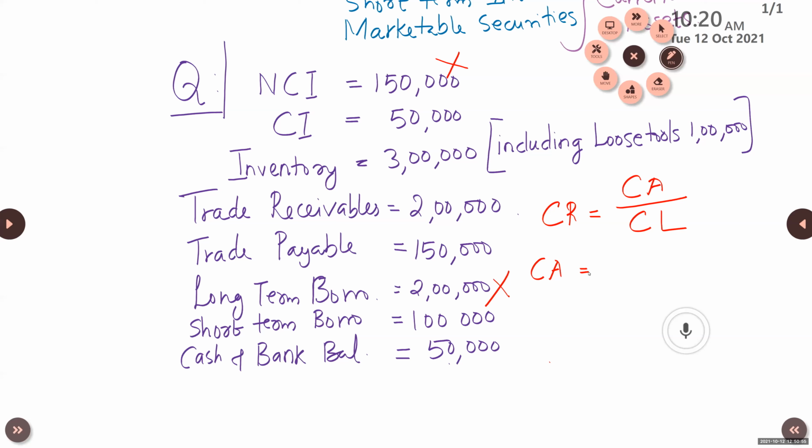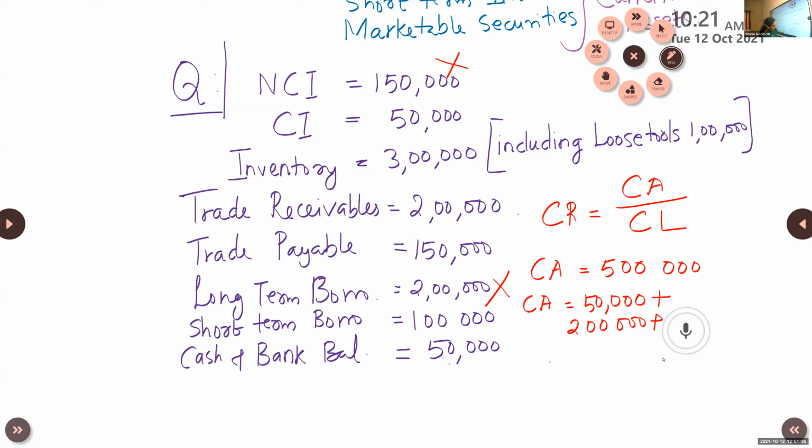Current asset is 5 lakh. How did you get it? Current asset is equal to cash and bank 50,000 plus trade receivables 2 lakh plus current investment 50,000 plus